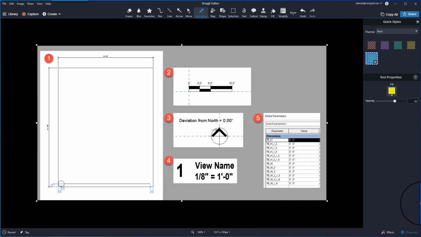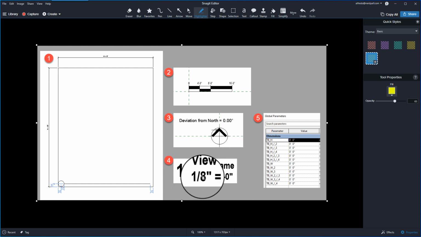For this family, you need the following items. First, a title block family for the frame itself, like this one. You also need a graphic scale symbol family, like this one. A north symbol family with rotation.